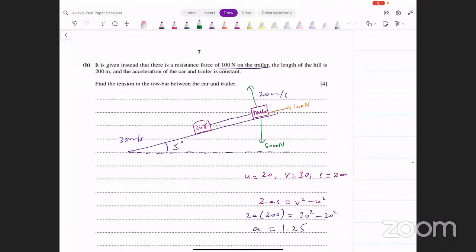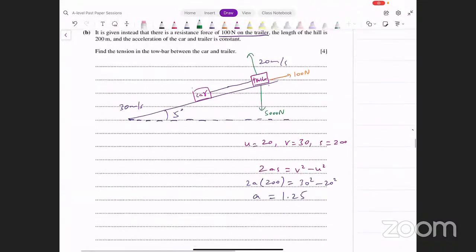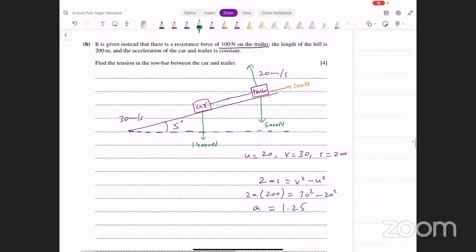What about the mass of the car? Mass of the car was 1,400. So the weight of the car is going to be 14,000 Newton. What about their components along the plane? Car के weight का component यहाँ पे क्या लगेगा? Remember weight into sine of the angle. So that's 14,000 into sine of 5 degrees. ये कार का हो गया, वेट का कंपोनेंट जो फॉरवर्ड लग रहा है, ट्रेलर का कंपोनेंट कितना लग रहा होगा लेफ्ट पे? It's going to be 5,000 into sine of 5 degrees. ये दोनों के कंपोनेंट्स आगे तो नीचे की तरफ लगे, ठीक है।